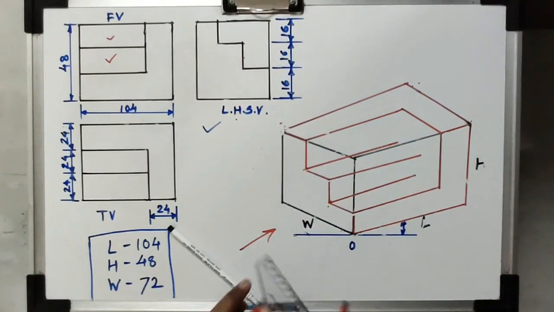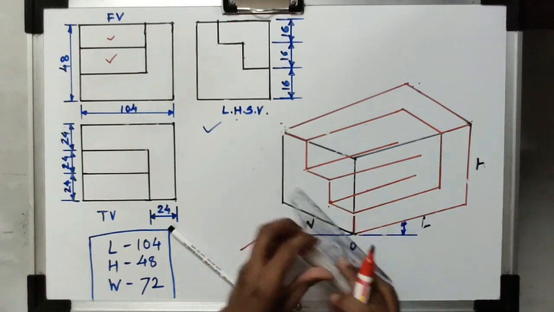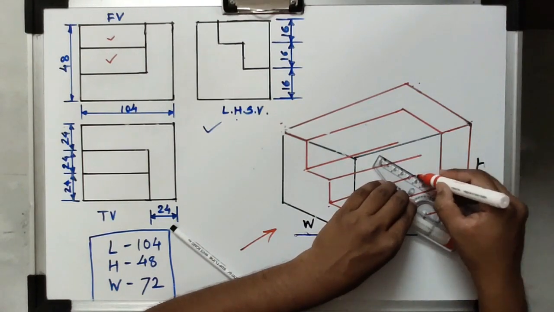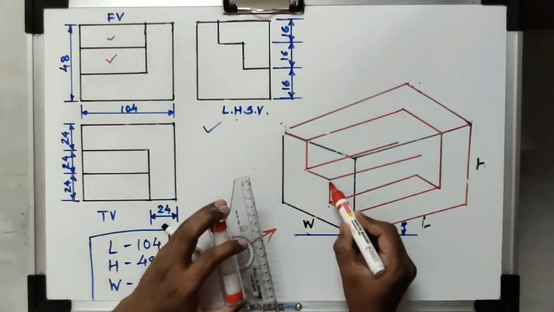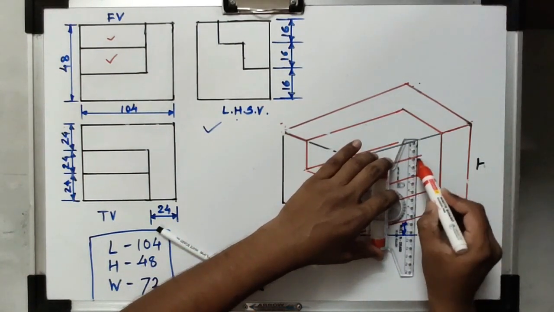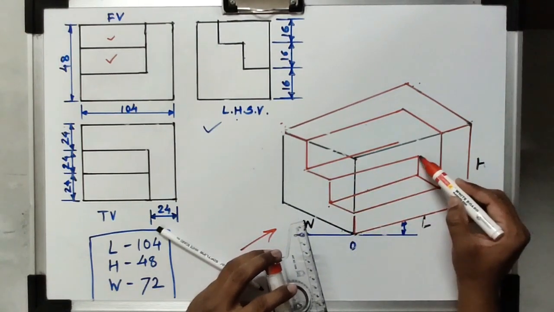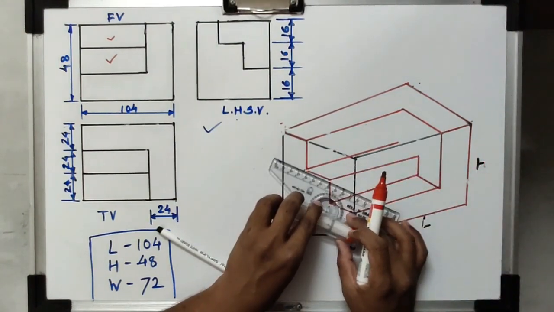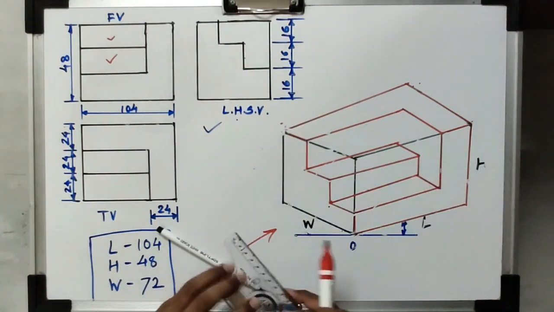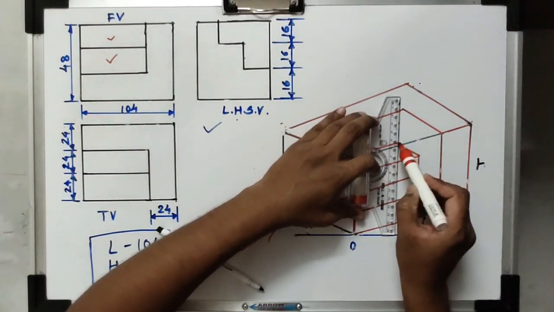Now these are the horizontal lines, but these two lines are joined with the help of this inclination line. I will draw this inclined line here for joining this portion. Then we simply have to draw the parallel lines. This vertical line is there, so we have to draw the parallel line at this portion. Then again this inclined line is there from this corner point. I have to draw the parallel line to this. Then from this corner point the vertical line is there. I have to draw the vertical line here.